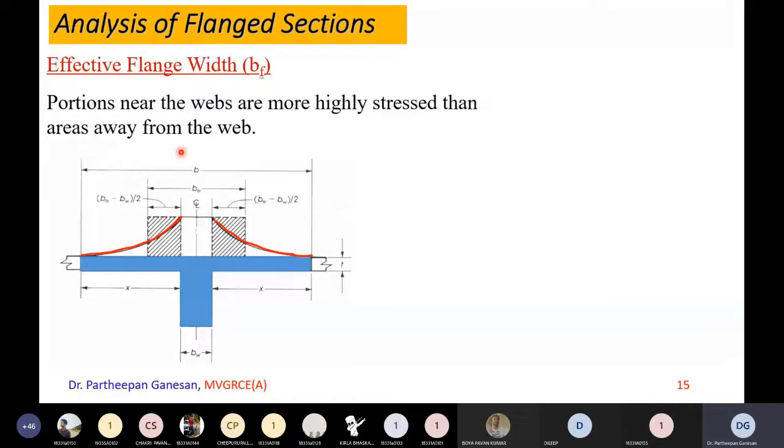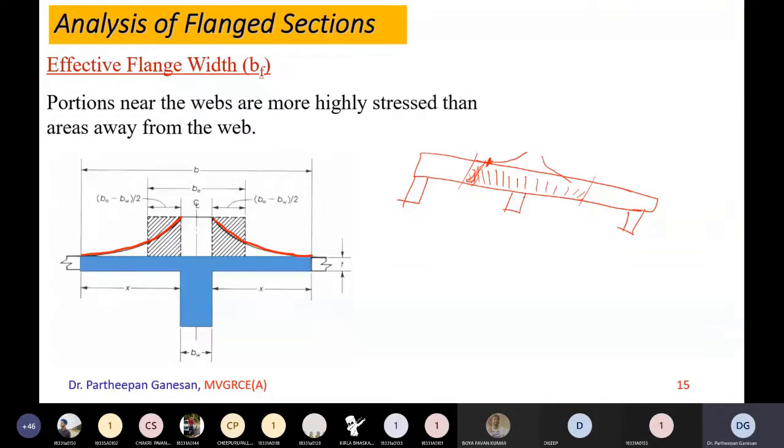Understand this. For example, you have a slab like this. Let us say you have one beam here, one beam here, one beam here. Naturally, if you take half of this length, the entire slab will not contribute to compression stress. What they are saying is that this compression stress resistance varies parabolically like this, and after some distance it becomes zero. The rest of the portion will not contribute to compressive stress.